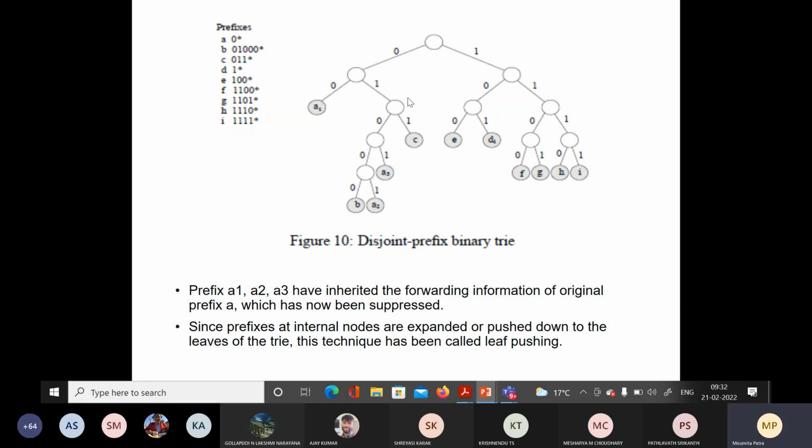What we are now planning to use: we are looking for the best match prefix with the help of a disjoint prefix binary trie. So basically, we want to have no internal nodes. We are pushing all the internal nodes to their leaf nodes. Let us look at this. A means 0 star. We do not want to have any overlaps, right? That was our motto or objective. So A is 0 star. Now